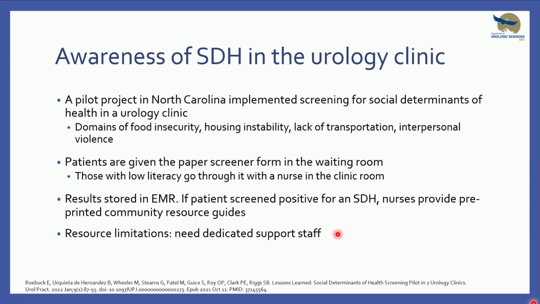So now that we've looked at how we can improve things from a research context, what about from a clinical context? A pilot project in North Carolina implemented screening for social determinants of health at a urology clinic. They were the only urology clinic in their county, targeted specifically to serve uninsured and underinsured patients. So this is a special population, but they looked at domains of food insecurity, housing instability, lack of transportation, and